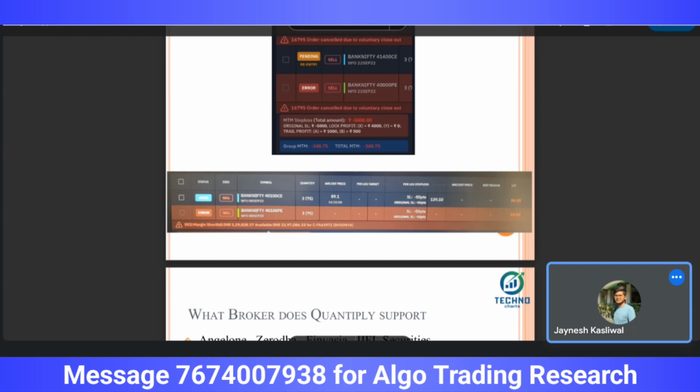As soon as the broker starts working again, your M2M will already be fixed at that particular point. If there is profit on one side, there will be loss on the other, and if there is loss on one side, there will be profit on the other. So your M2M gets fixed on portfolio level. Secondly, if you are not able to take the opposite position in the other broker,